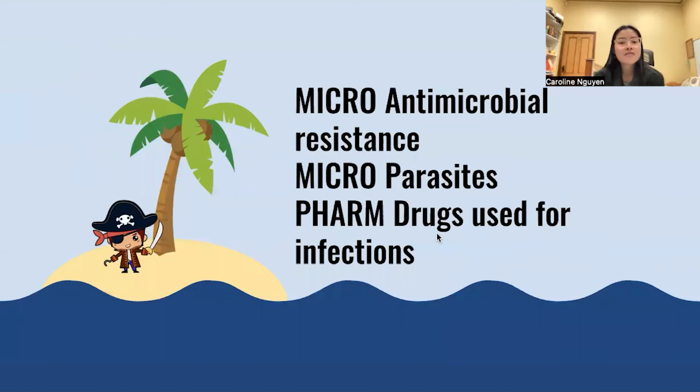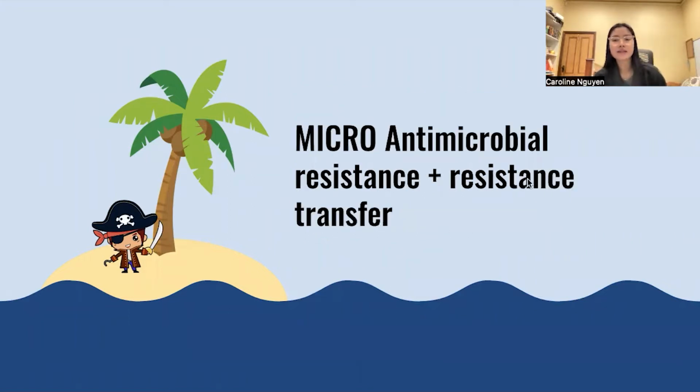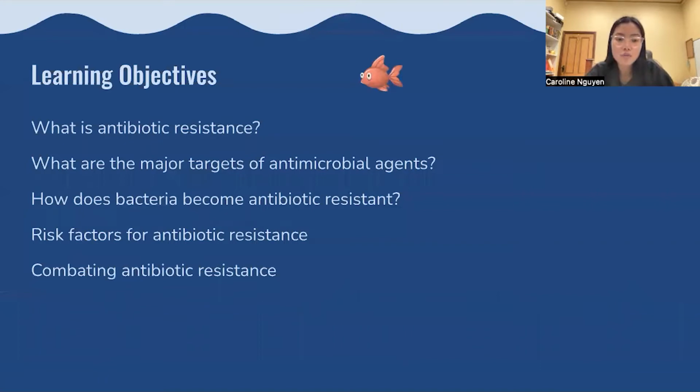We're going to run through three main topics today: antimicrobial resistance, parasites, and drugs used for infections. First of all, antimicrobial resistance and resistance transfer. In this topic, we're going to talk about what antibiotic resistance means. This means when you give someone antibiotics and it doesn't work to fight against their infection, how this happens,